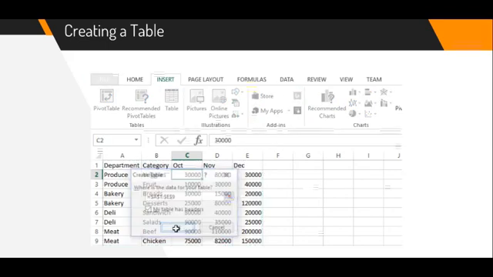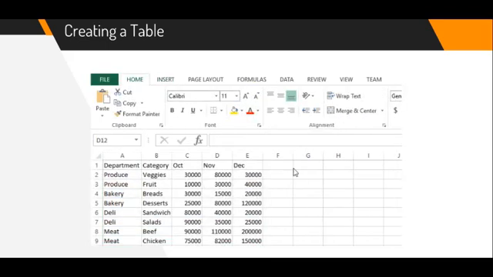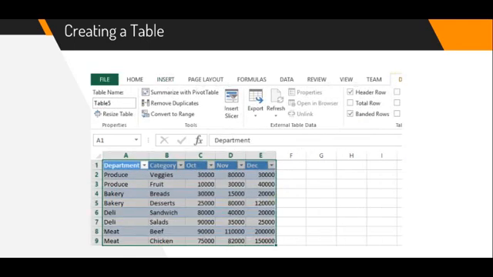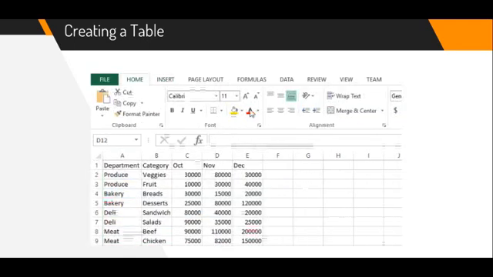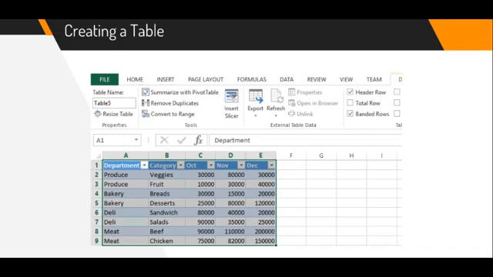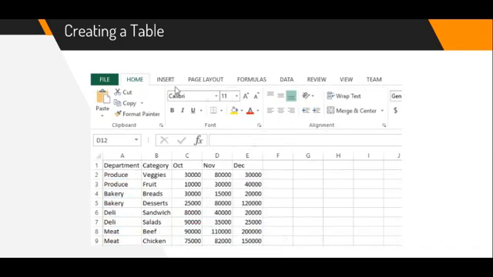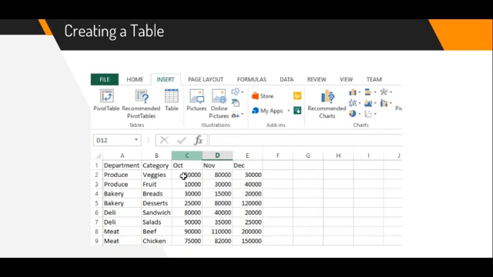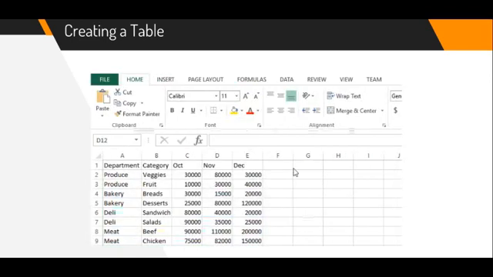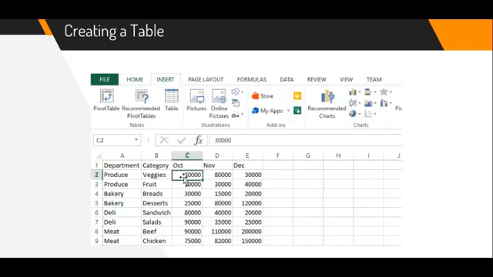So expect a lot of these little videos that repeat over and over again throughout this presentation. For this one, for example, the first video, as you can see, I'm trying to insert a table, or make a table out of a set of data that I already have in the spreadsheet, and that could easily be done by selecting a cell